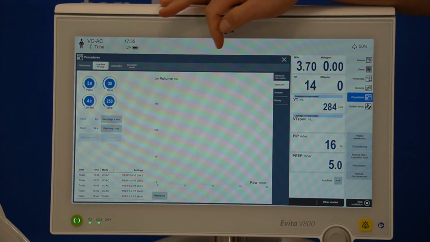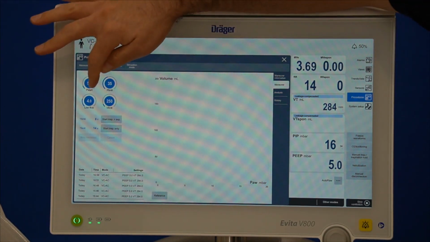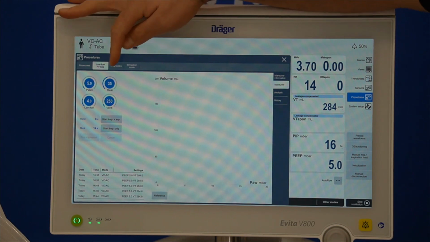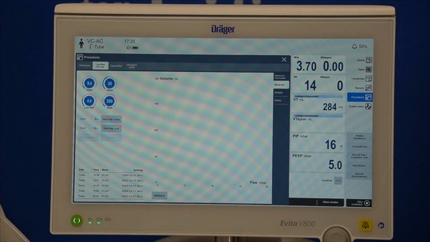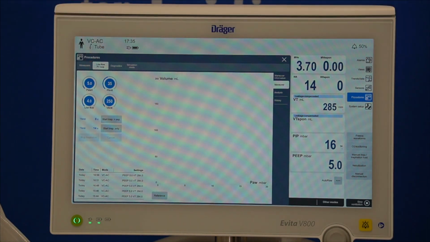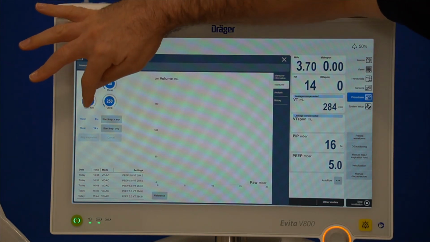In the low flow PV loop menu, I can see P start. As discussed before, it's best to do this not lower than your current PEEP. The P limit is the maximum pressure that will be delivered during the manoeuvre. Some clinicians will set this relative to the P max or slightly above. The low flow is in litres per minute, and be mindful that this also correlates to the time